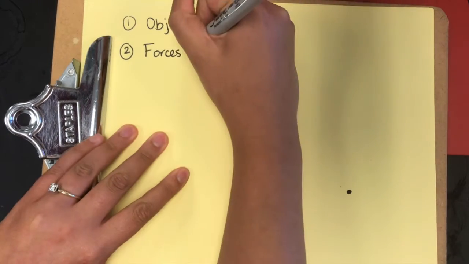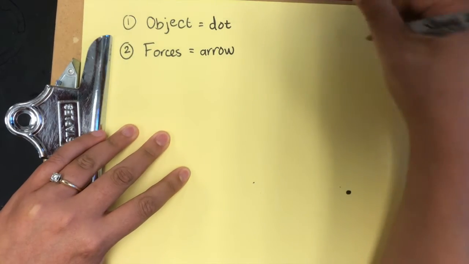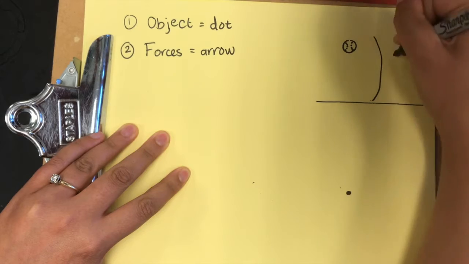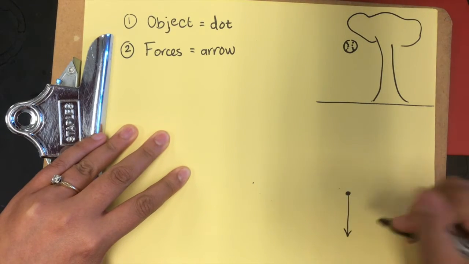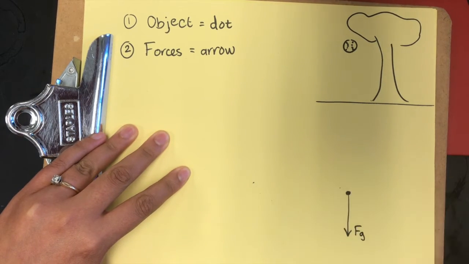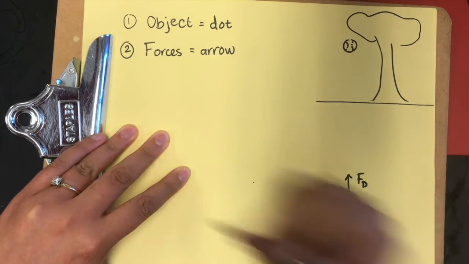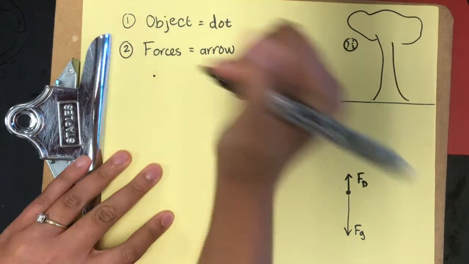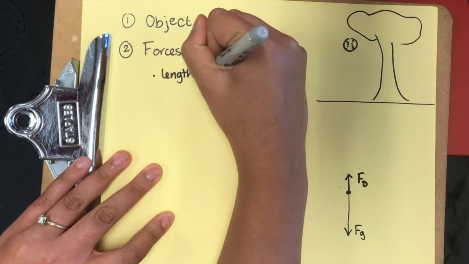Next, we're going to draw some arrows. Every force that acts on an object is going to be represented by an arrow. So let's give you an example so you have one to work with. Let's say I have a baseball falling to earth. I don't know why I drew the tree. It's not falling from the tree. That doesn't make sense. There's two forces acting on the baseball: the gravitational force of the earth and the air